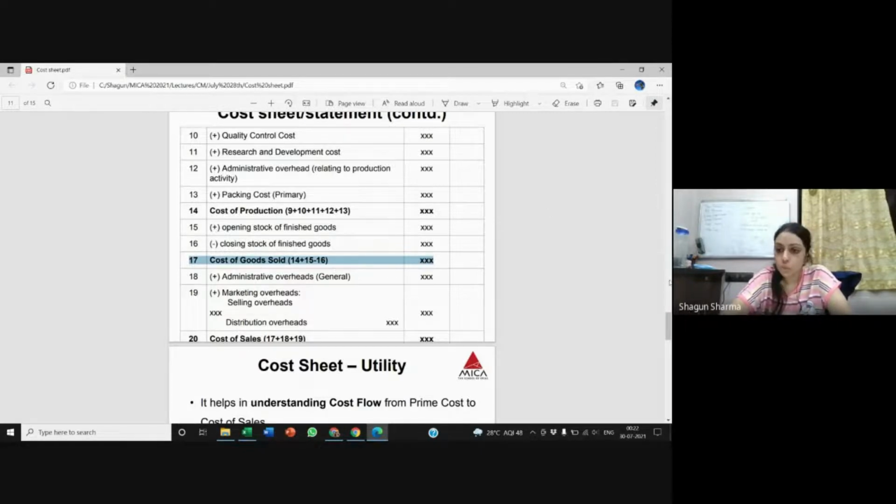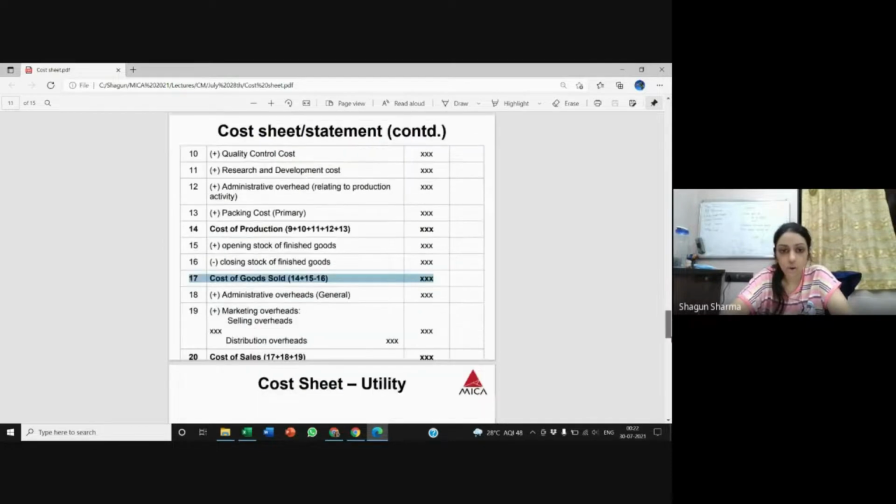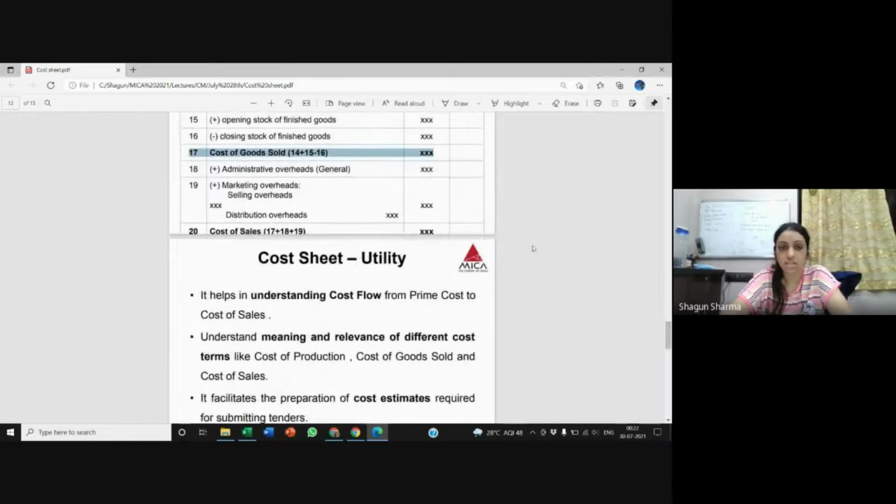Okay, now to my COGS, I add all my selling costs, right? So first, I add my selling costs as well as my admin costs, which were pending, which were other than production. All other administrative costs get added over here, and this brings me to the final figure, which is my cost of sales, my last subheading.